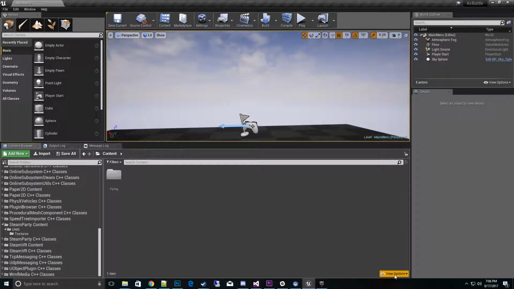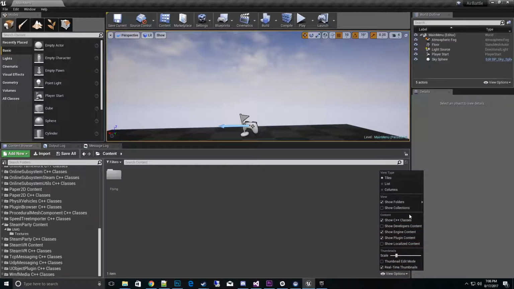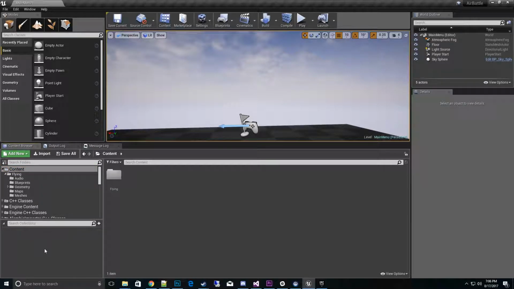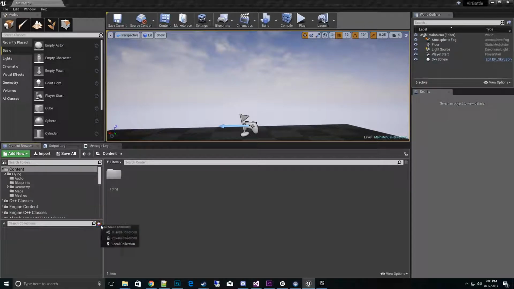It's called View Options. Let's go to Show Collections. So then this opens a new window up here. A lot of people may not even know what a collection is. Imagine a collection like a blackboard or a workspace where you can drop files that you're working on and have quick access to. So what I want to do is create a new one,